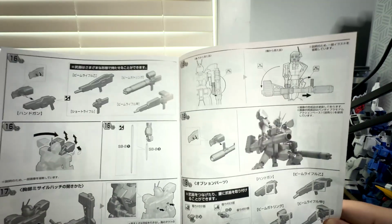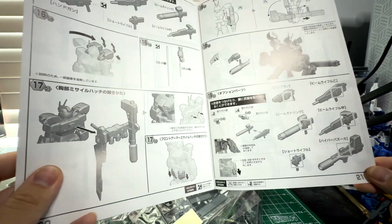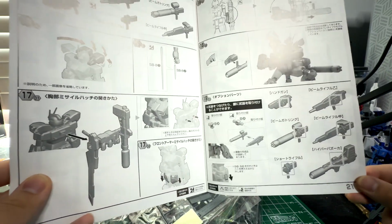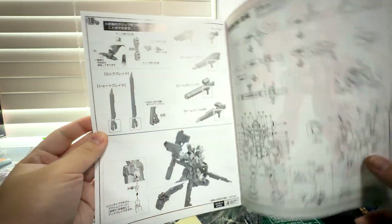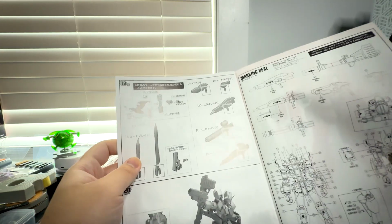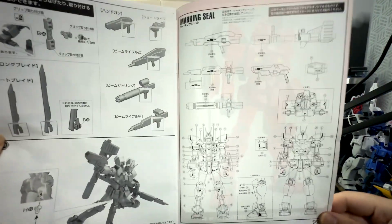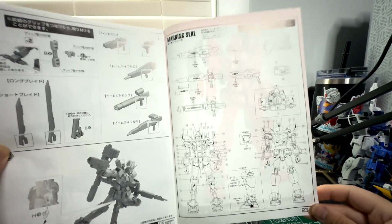And then talking about rotating the sub-arms down to actually use the weapons while they're mounted on the backpack, and then talking about the various adapter points to kind of link the weapons together in their midsections. Then of course we get information here about mounting on an action base. We get information on an adapter here to link the two blades together if you want to have like a twin blade thing going on, and then of course you get your decal guide here, which looks like it's not